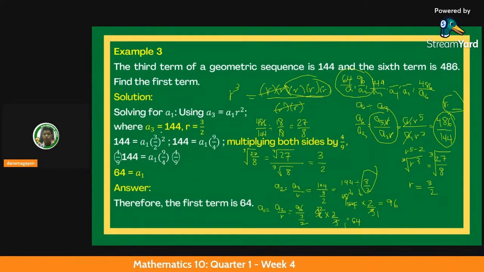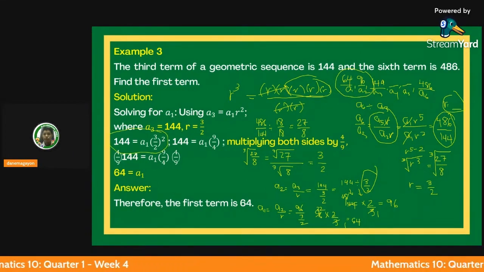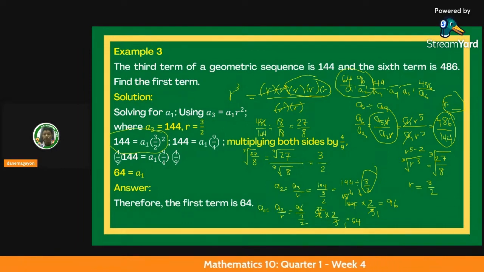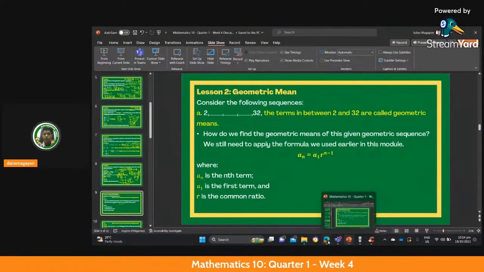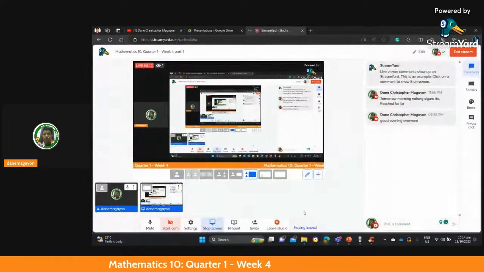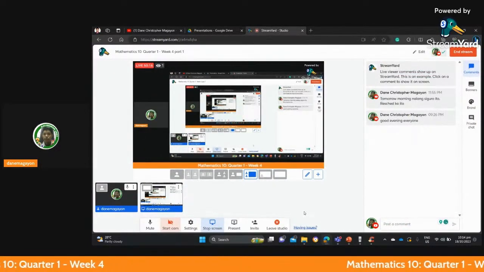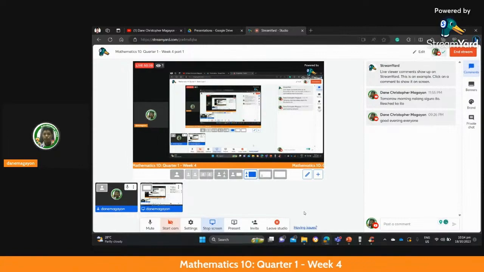This is the part. This is it. We just used in the school 486 equals a sub 1 times 3 halves raised to 5, since we have 6 minus 1. That was our solution so far for this item. Let's check whether it's still possible, or whether I can still continue for the next topic or for the next lesson. So far it's already 15 minutes, right? Normally per one